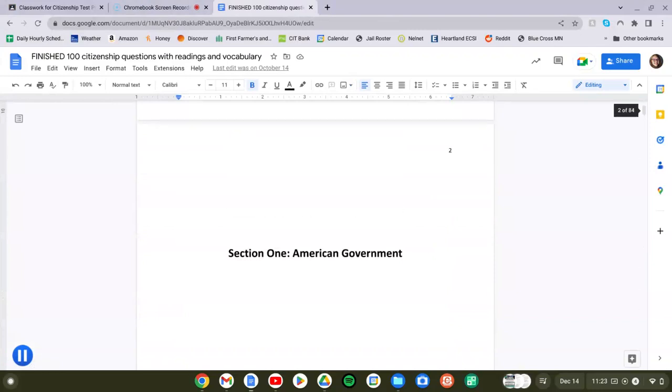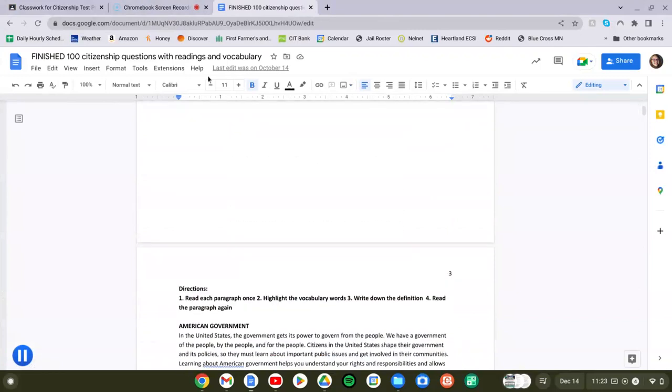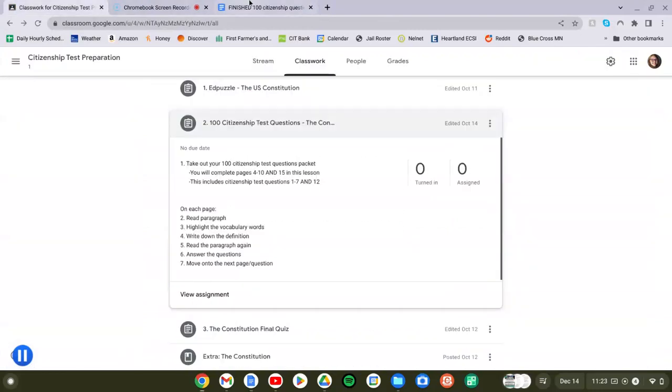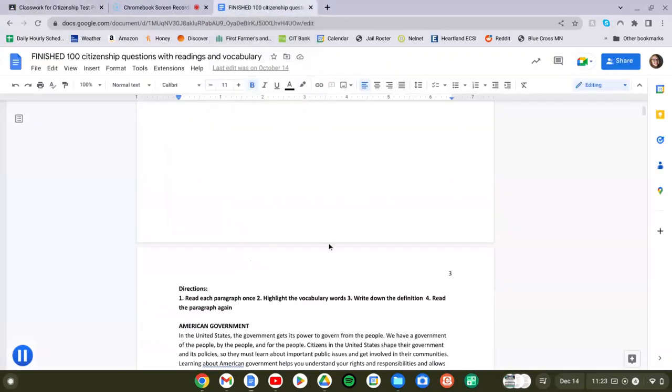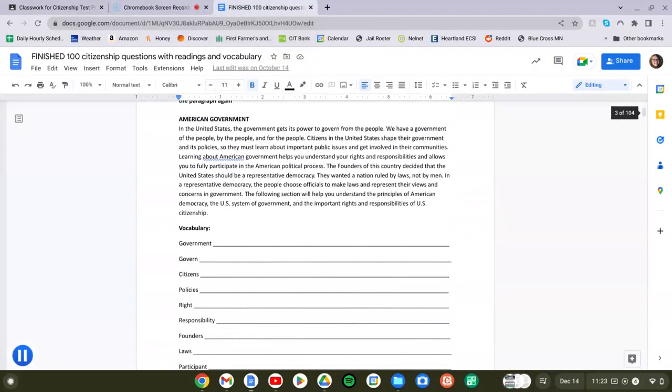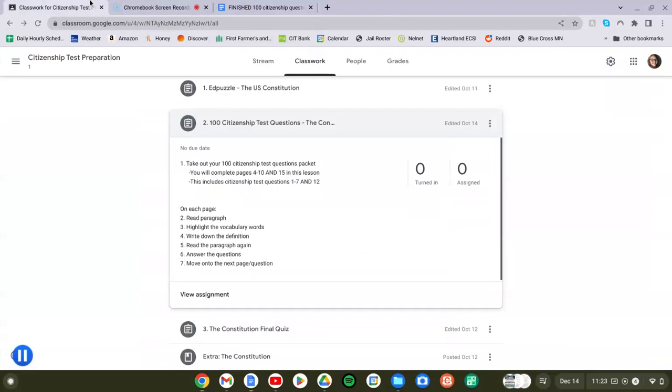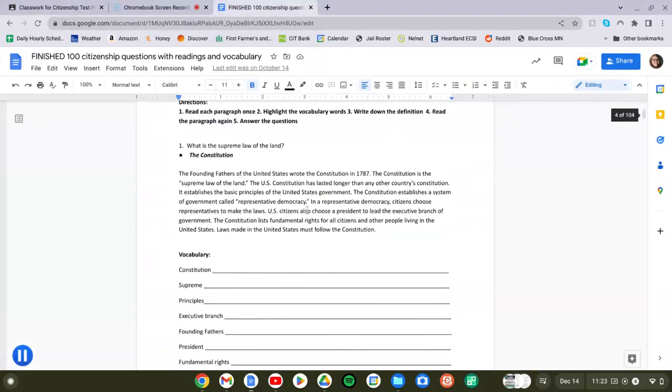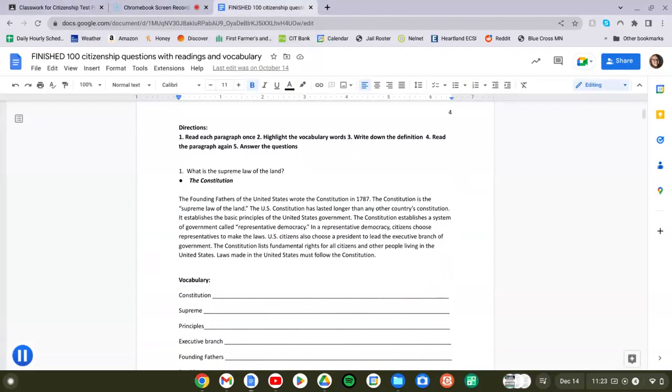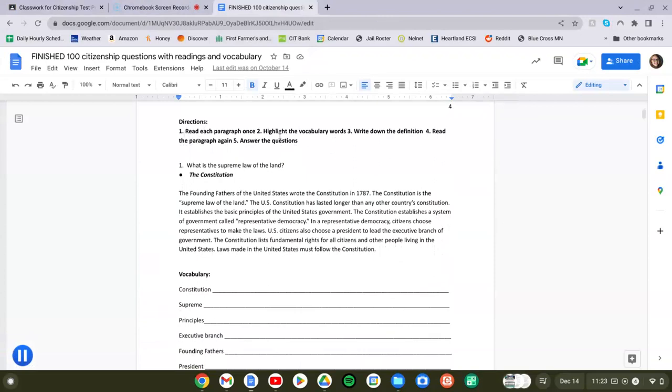So for example, it says pages, let's see, what pages did it say? Pages 4 through 10, so that's for the next section. So page 4. As you can see, there's directions, the actual question. This question is what you will be asked on the test. So they will ask you specifically, what is the supreme law of the land? And the answer is the